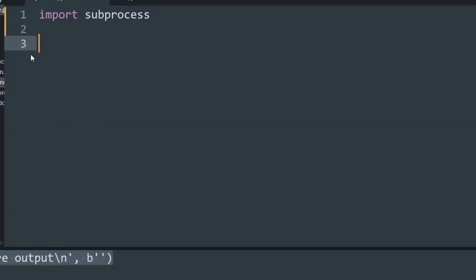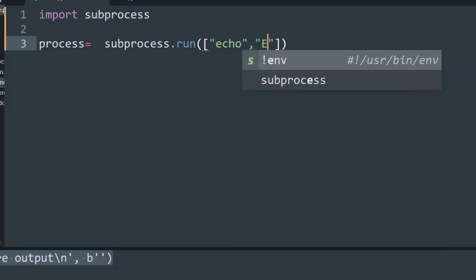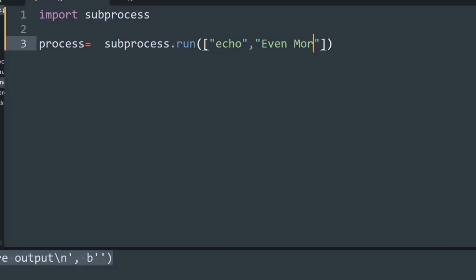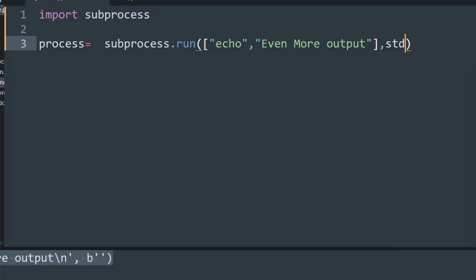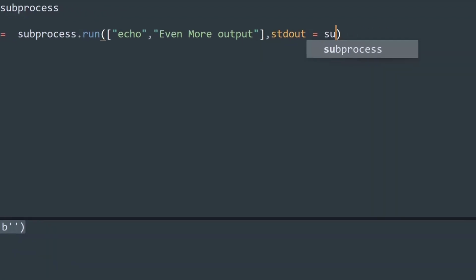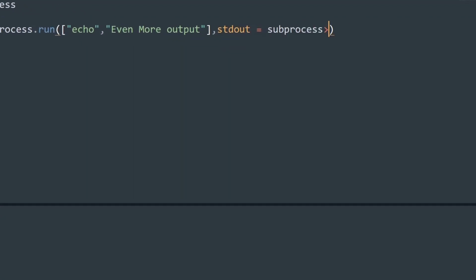You can also make use of subprocess.call, which is at your disposal if you want. For example, I create the variable process all over again, and then I say subprocess.run, and inside the parenthesis I will open a Python list and I will say echo comma even more output, just a random statement that we want to get printed on our output window. And then I'll place a comma after that, and then I will say stdout is equal to subprocess.PIPE